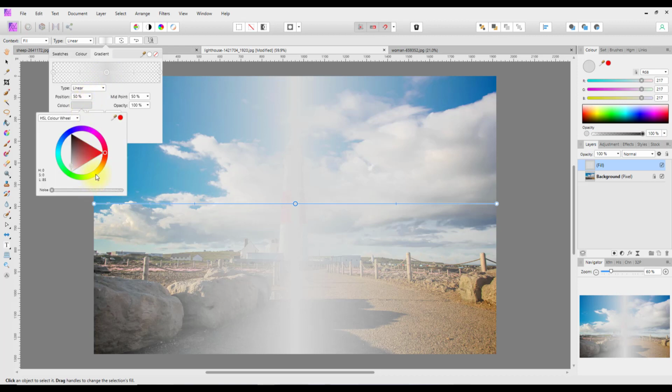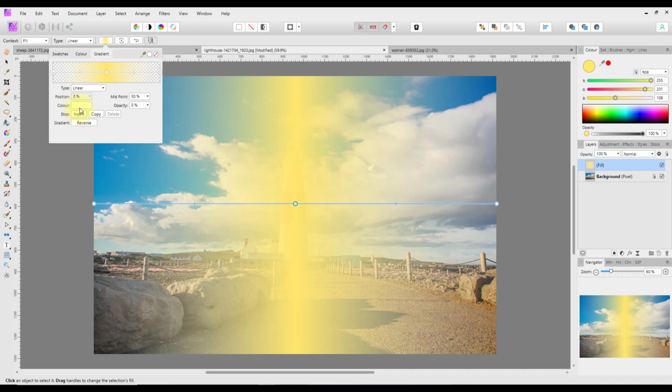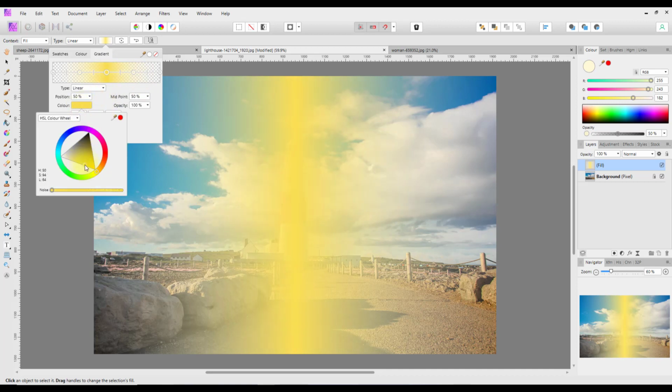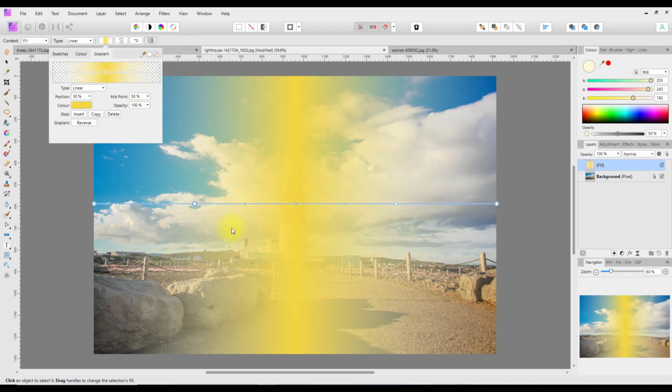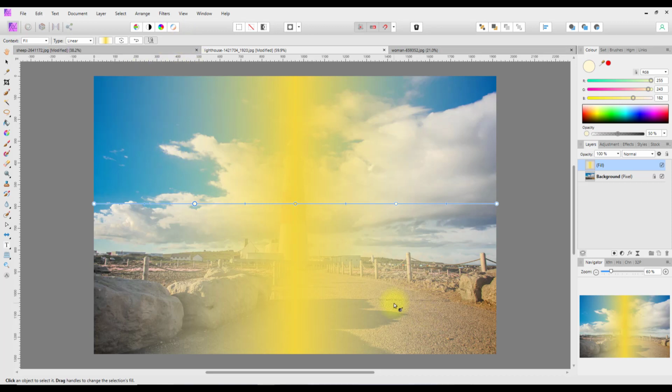Now this time I want a more orangey yellow because this sandy colour is there. I'm going to lower that luminosity, then insert another node there and insert a node there, and then come back to the middle and just bring that luminosity back up a bit. And now it's just a case of